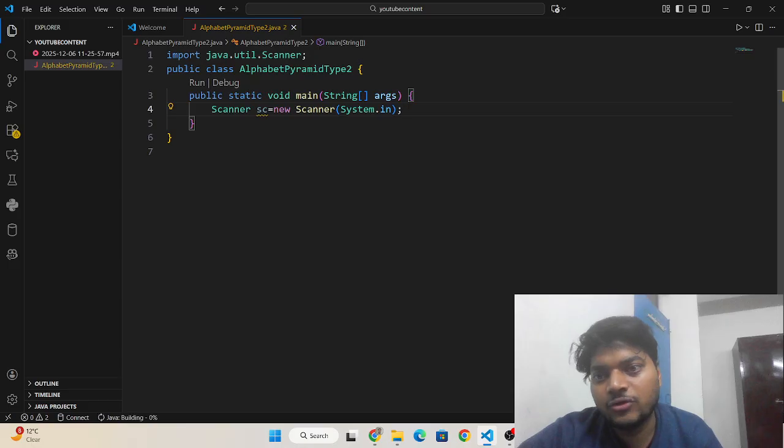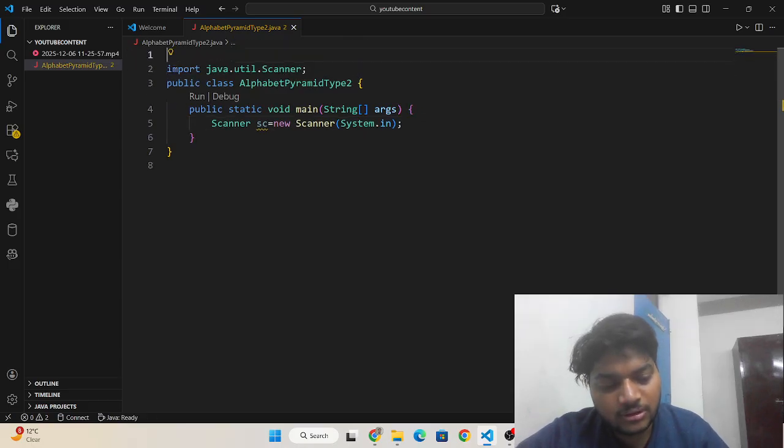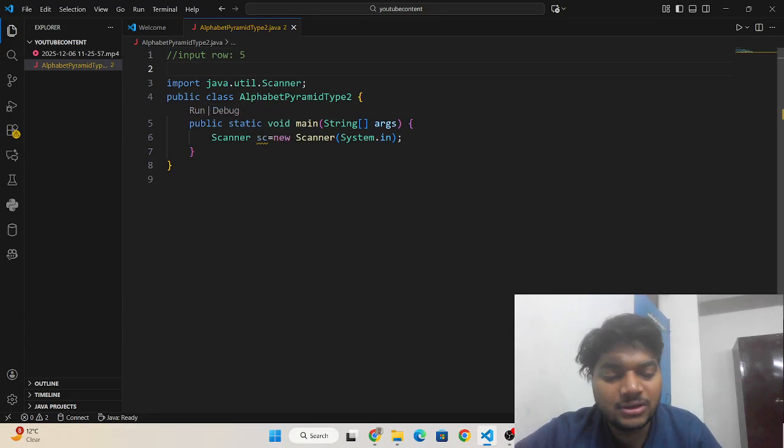Then I'm going to write what the problem statement is. If the user enters the number of rows as 5, we have to print an alphabet pyramid.